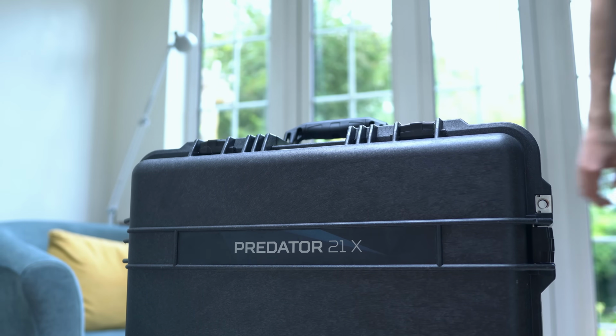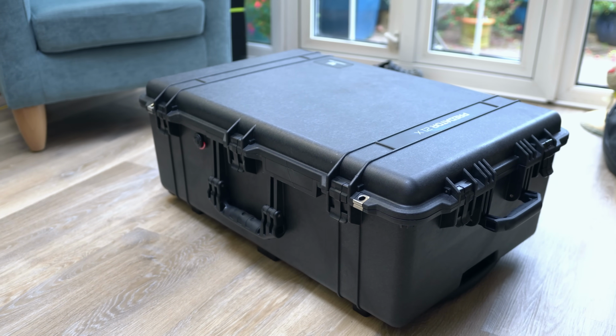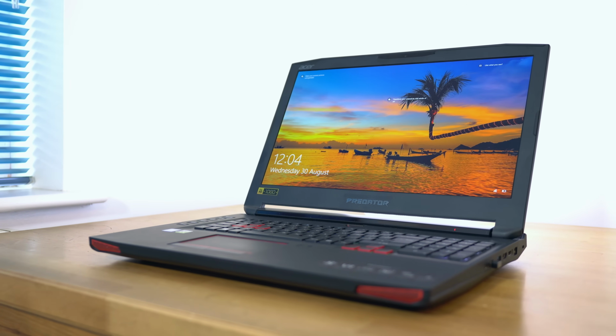did, we'd probably want something that was just a little bit more portable than something that comes in its own flight case. So what about the rest of us then, and the people that do want something that we can take with us from place to place, and are looking at gaming laptops and actually wondering whether they're worth buying in the first place? And to explore this topic a little bit further, you've got to understand that the main